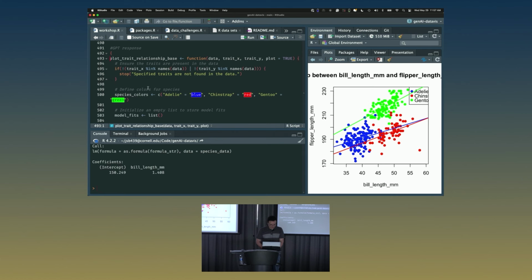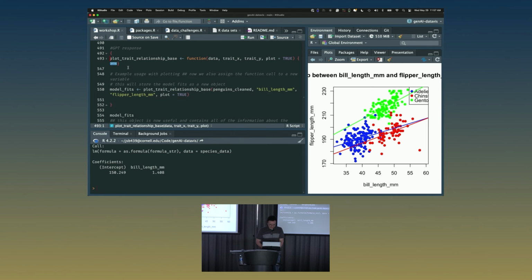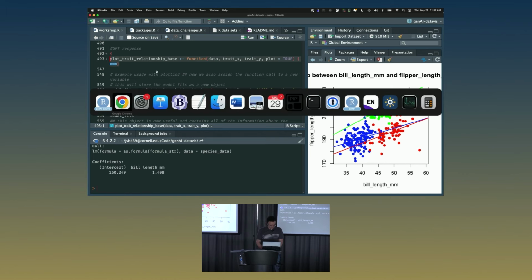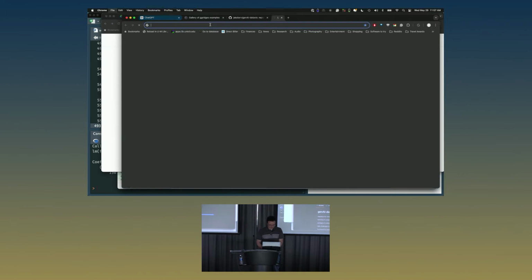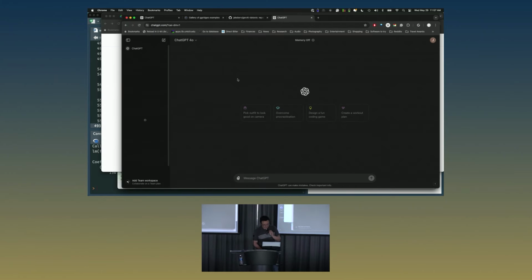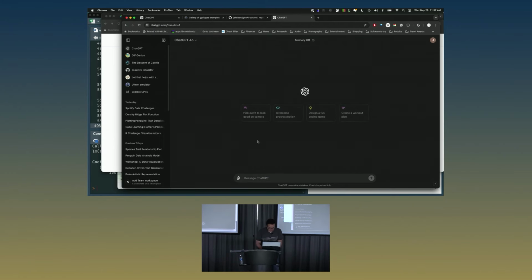Let's just copy this so we have it. Oops, this will be an actual live demo using ChatGPT. This is going to be relatively simple here. If you want to visualize how your code works in a nice way, this is just an example. So I have this R function I've been